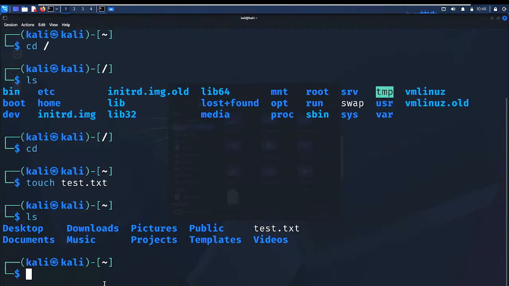There's nothing inside. If I want to input content into that file, I can use echo, just like this. Let's say cyber security. So I'm using that same text file.